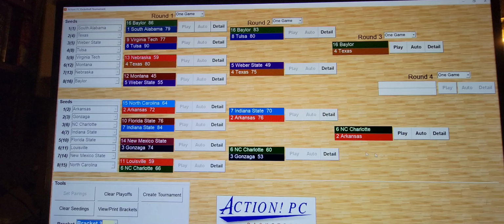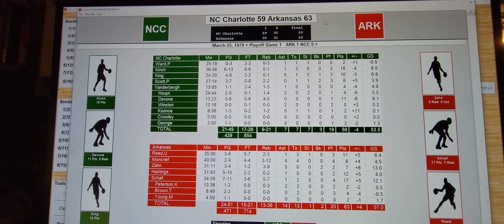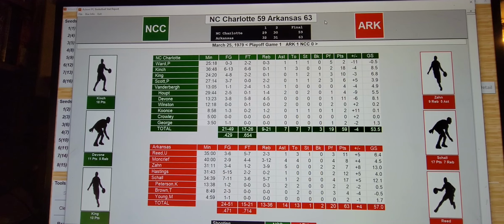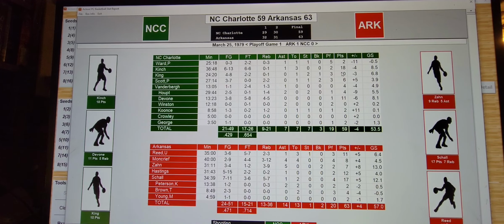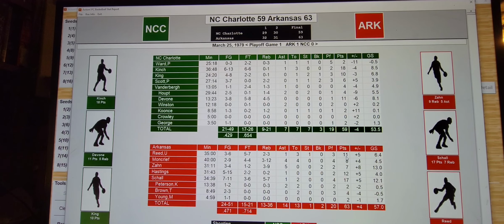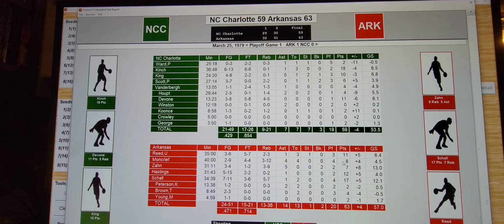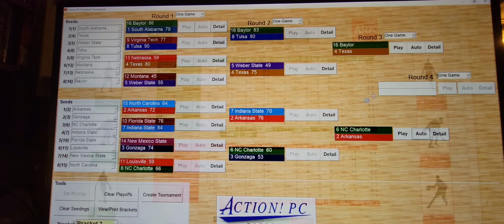We have number 2 Arkansas and number 6 NC Charlotte. Arkansas wins a snoozer 63-59. If there were 3-pointers, I'd think maybe. But okay, NC Charlotte, Kinch and King combined for 28 points. And off the bench, Devon with 11. Down here, for Arkansas, Reed, whoever that is, has 11 points. Moncrief, 8 points, 4 assists, 12 rebounds, and then Hastings with 12 and Shaw with 17